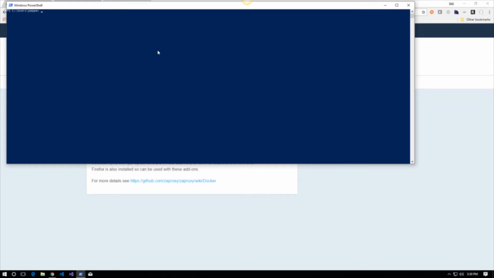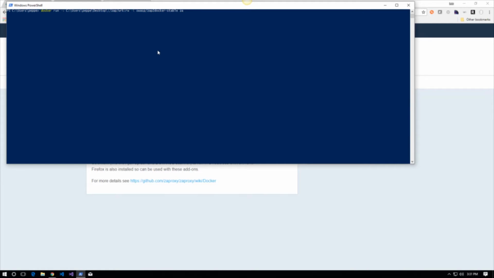So now what I want to show you guys here is how we can go ahead and execute our baseline report. And this one's pretty simple and I really like it. This is just a single Docker command and it does all of it. It produces our baseline report for us. So what we're going to do is type in docker run -v. We're going to go ahead and mount our drive. So I want to mount C, my user desktop, and we're going to go ahead and mount the workspace in ZAP, read write. And now we're going to go ahead and hook up our ZAP stable